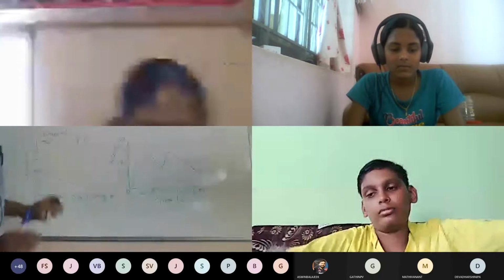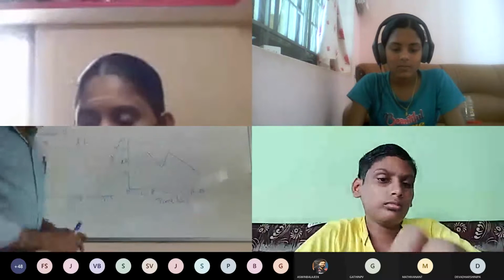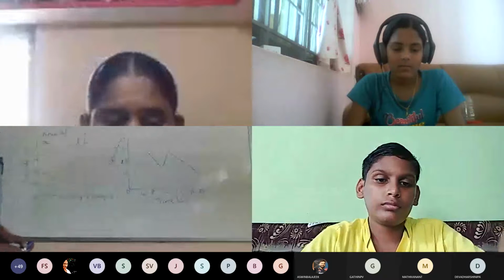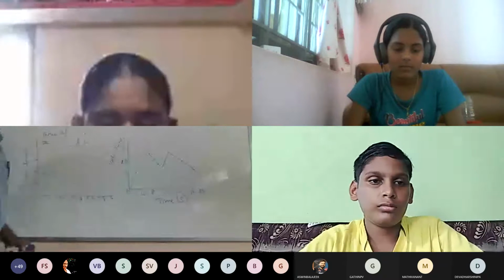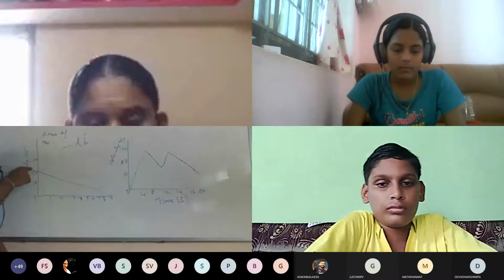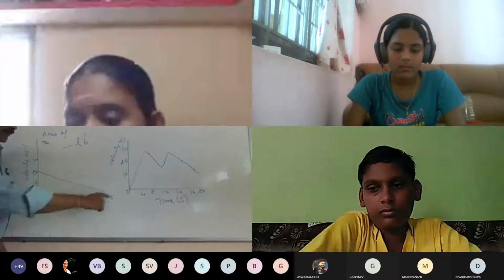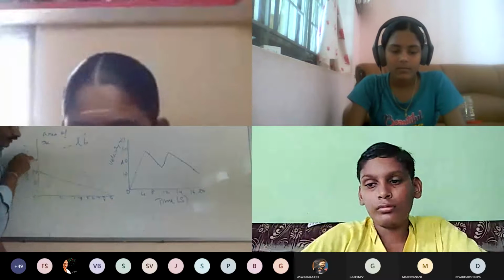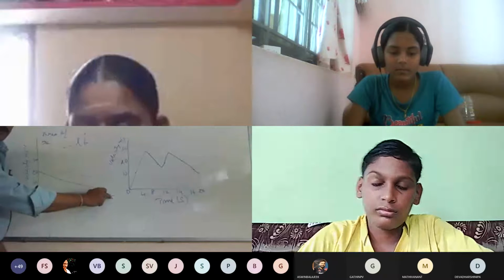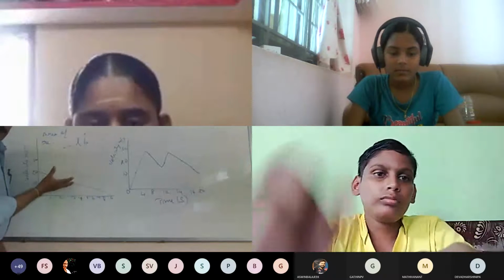So in the case of non-uniform velocity, the graph may be any shape. Like this it can be, like this it can be. Because it is non-uniform, the shape varies. The function may start from 0 to 20, at 1 it will be 2, and it keeps increasing or decreasing. So the shape of the graph will vary.